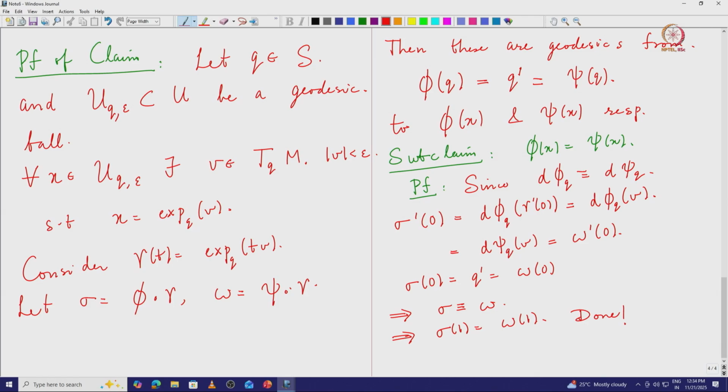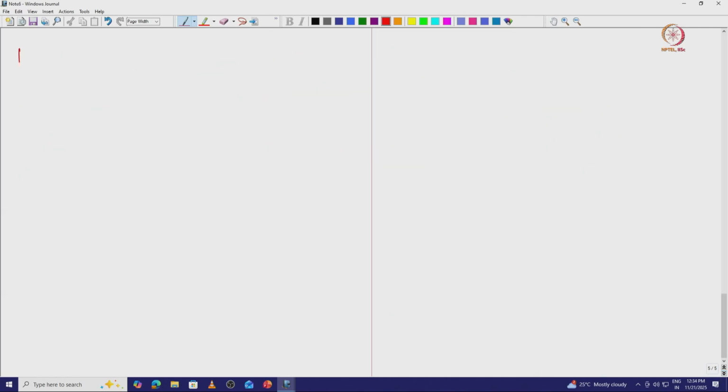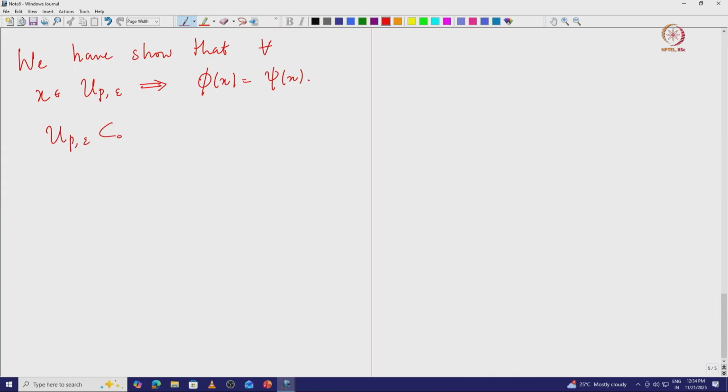Okay, but just take a step back and see what we have done. So what we have shown is that for all x in this geodesic neighborhood, phi agrees with psi. But the geodesic ball is an open set, right? So if two functions agree on an open set, then their derivatives on that open set also agree. So this implies that d phi is identically equal to d psi for all x in this neighborhood, which means that this entire geodesic neighborhood is contained inside S, but since Q was arbitrary,